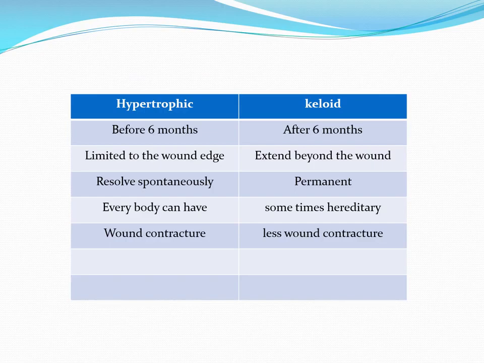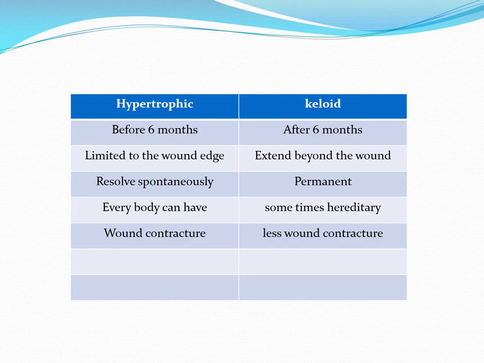We have to differentiate between hypertrophic and keloid, which are the two abnormal wound healing processes. Hypertrophic occurs before 6 months. Before 6 months means that if the duration after the injury is below 6 months, this is possibly a hypertrophic scar or can be a keloid. It can be both. But after 6 months, it is only a keloid